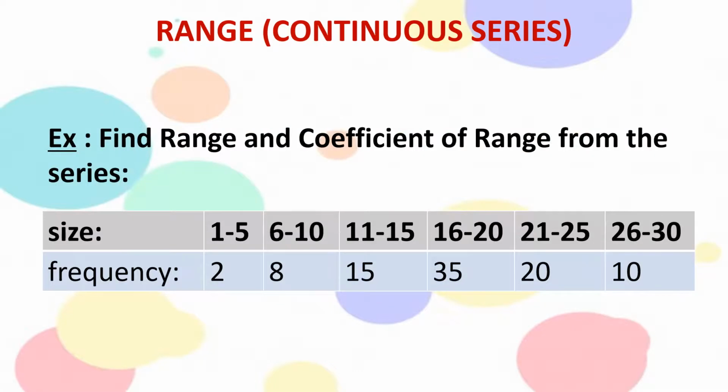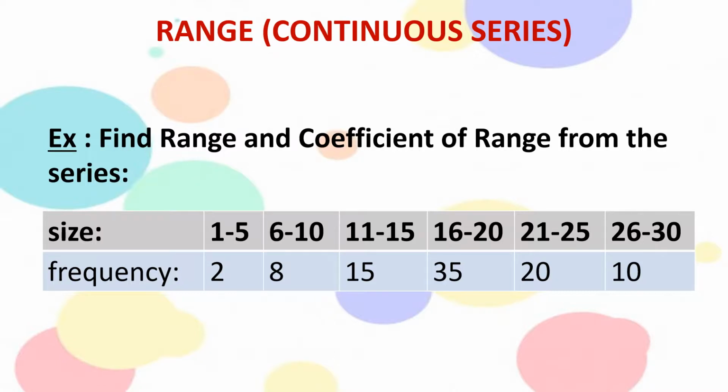Now let me give you one example on inclusive series also. Here is the data given to you where you can observe an inclusive series is given. Here 1 to 5, every observation we are going to include into the class here. And the next immediate class is starting from 6. So 6 to 10, every observation like 6, 7, 8, 9 and 10, all the values we are going to include into that class. Again similarly for the third class, 11 to 15, every observation we are going to include into that class. So this is called inclusive series.